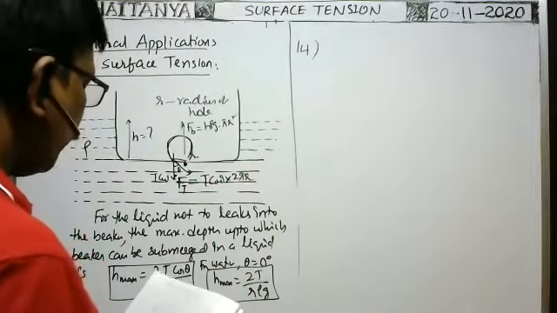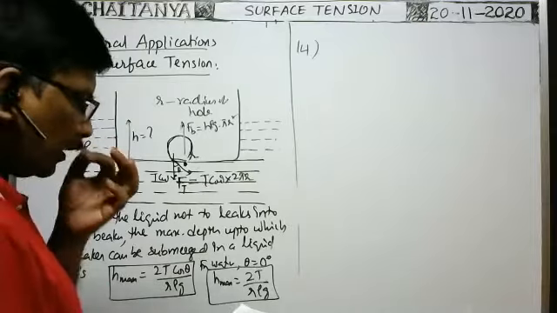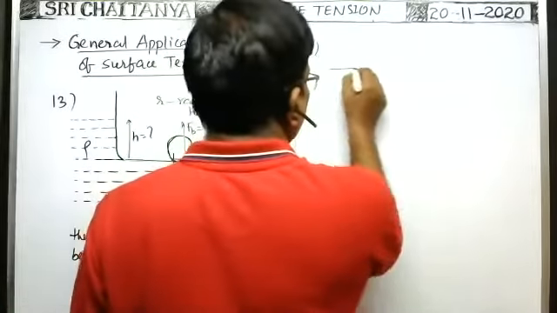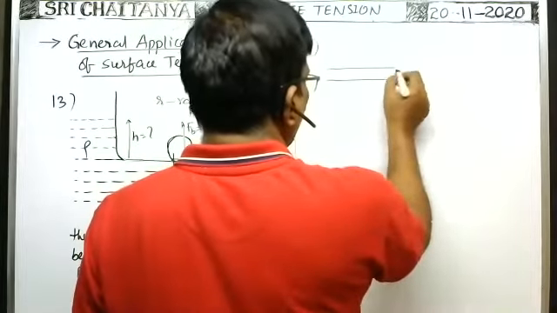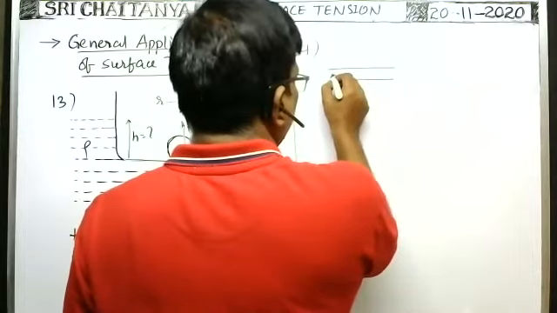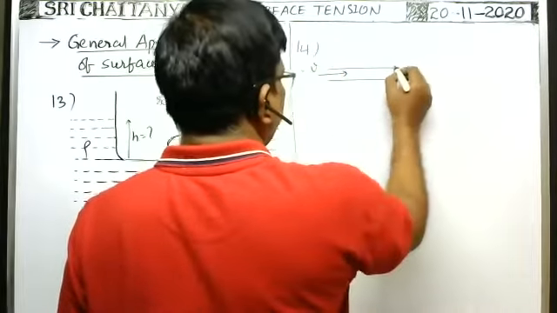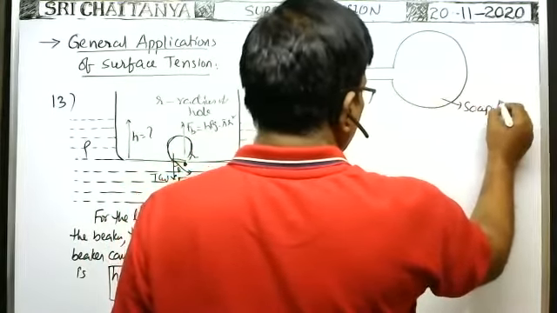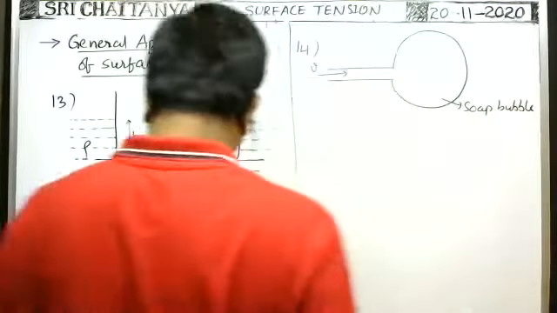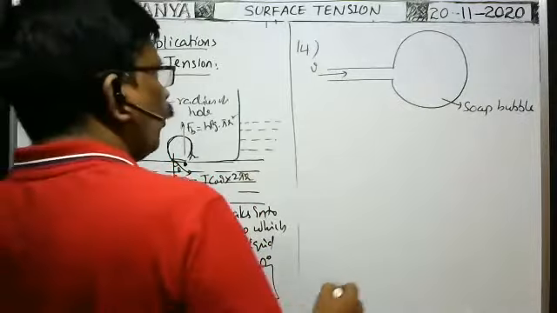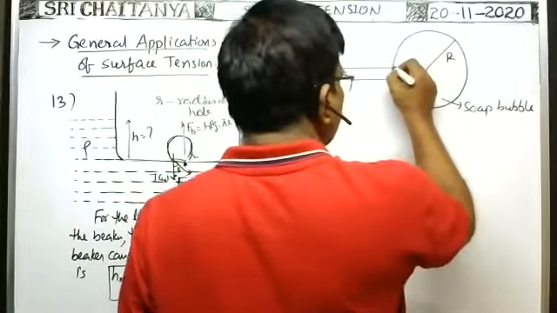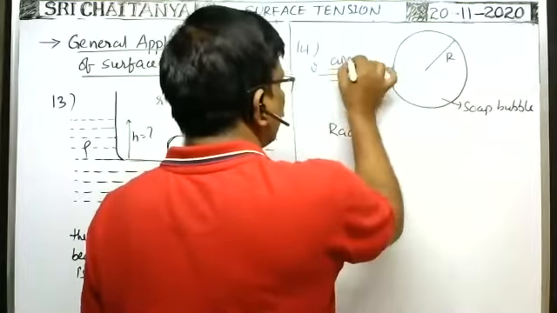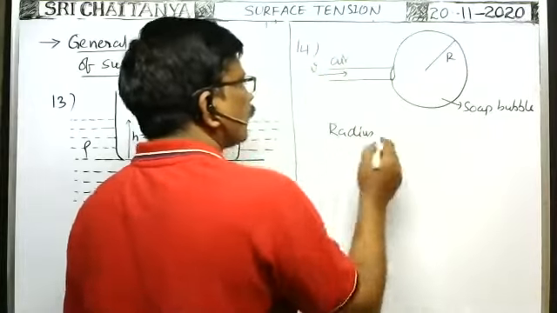Suppose if the air is blown into the pipe. Suppose here there is a straw, it is dipped in a soap solution and removed out, and air is blown into the pipe with a speed v, then here a soap bubble is produced like this. This is the soap bubble. Then what is the radius of the soap bubble at which it leaves the straw? Air is pushed into the bubble with a speed v.